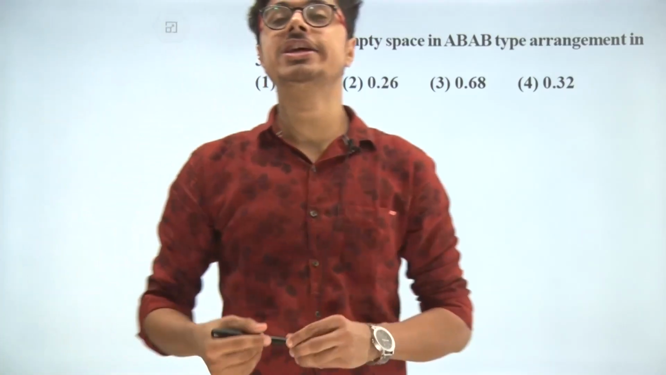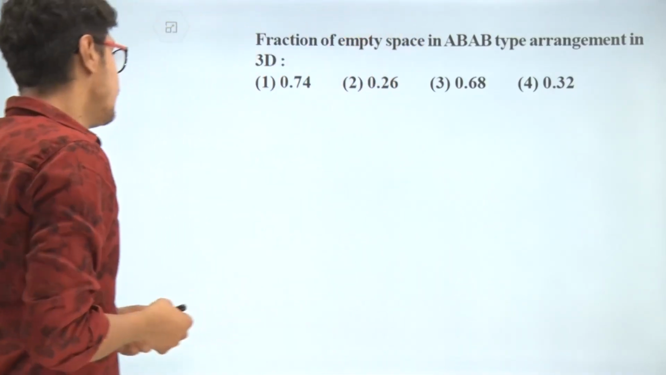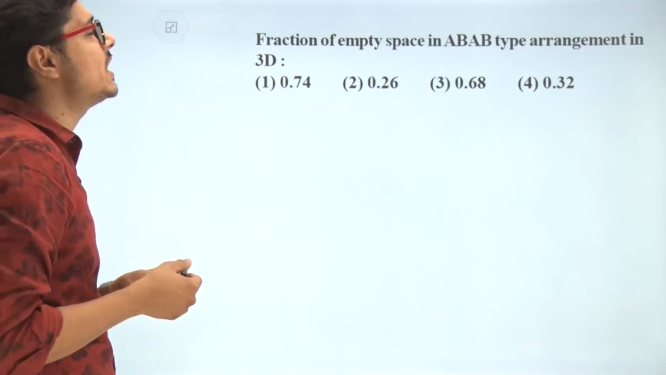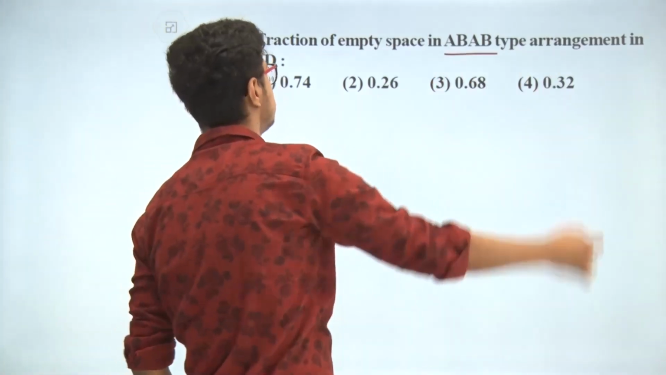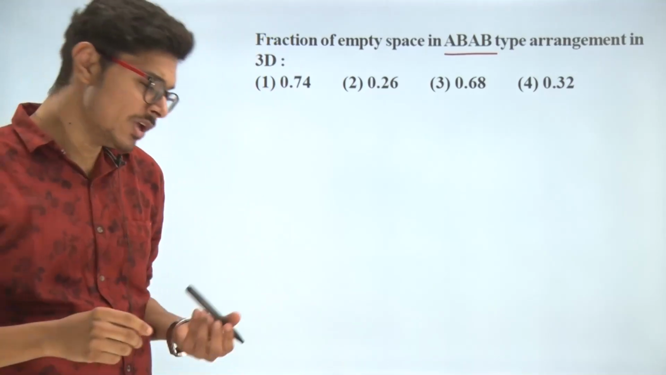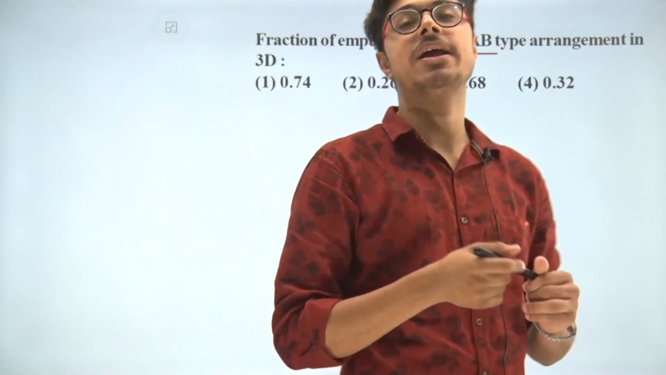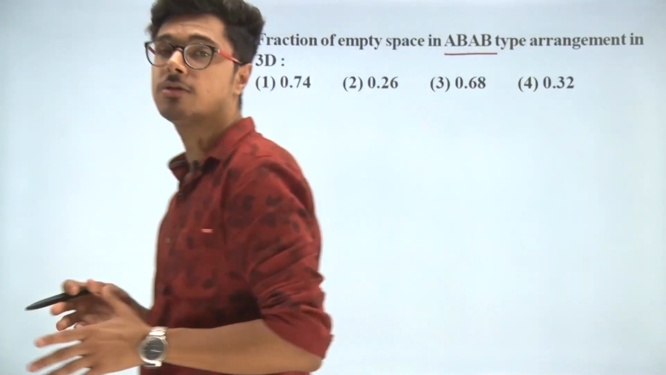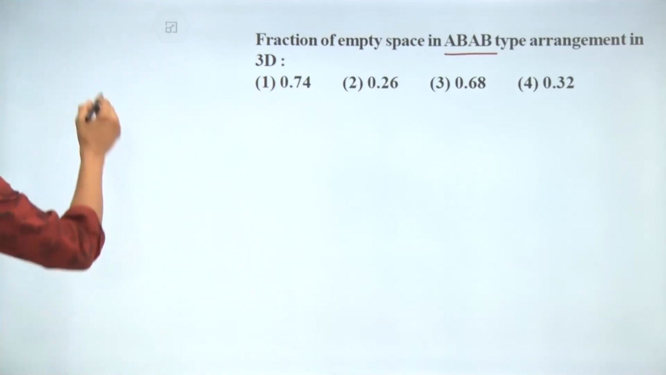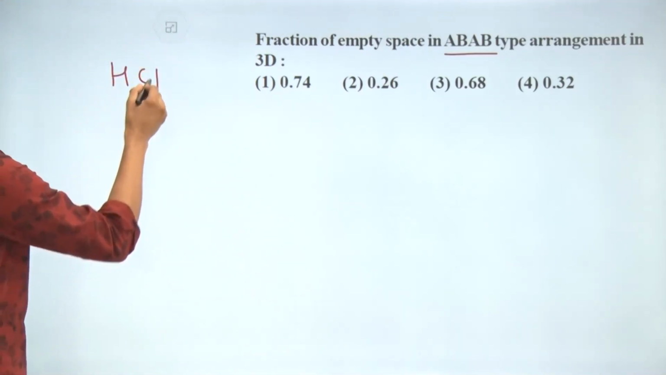Okay, students, coming to the next question. Our next question is, fraction of empty spaces in AB type arrangement in 3D is. Basically, AB type arrangement is present in our hexagonal close packed structure, which is our HCP structure,